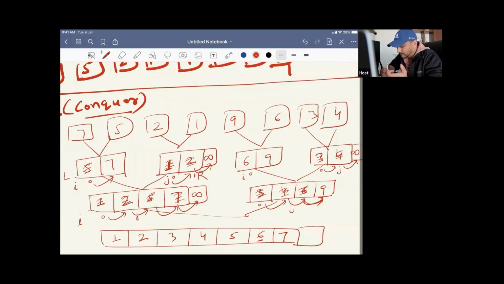We know that between infinity and 9, 9 is always the smaller number. Then we will add 9 over here, and that's it. Then we will remove 9 from here. So what exactly are we getting? If you see this array, 1, 2, 3, 4, 5, 6, 7, 9,